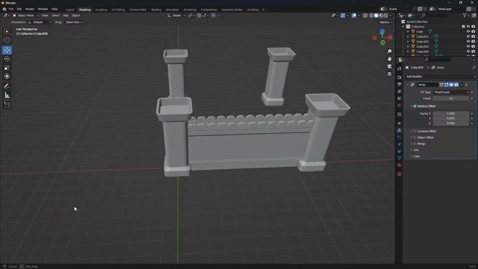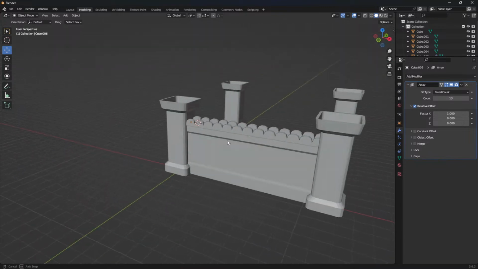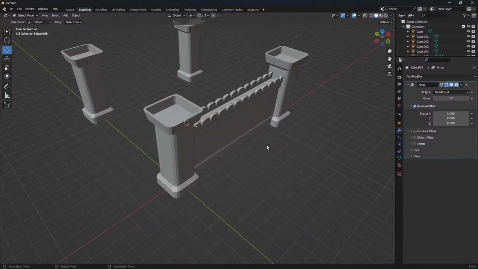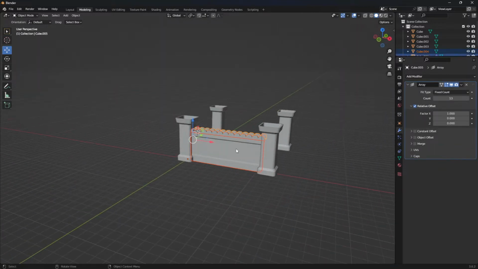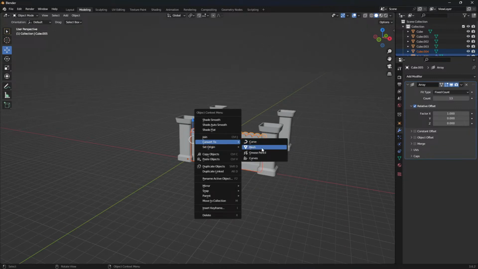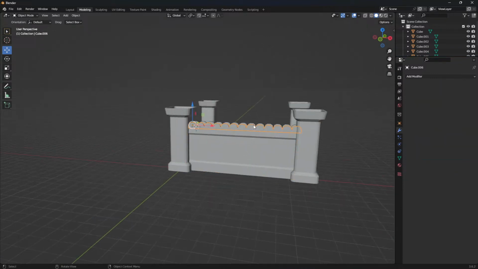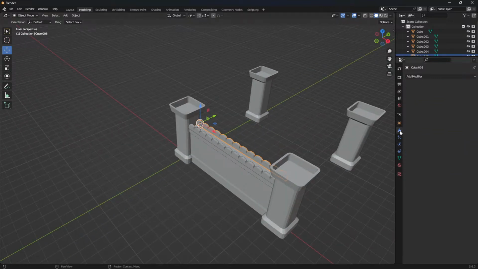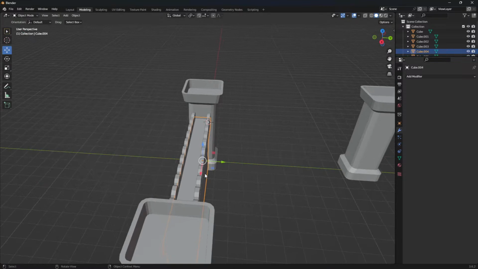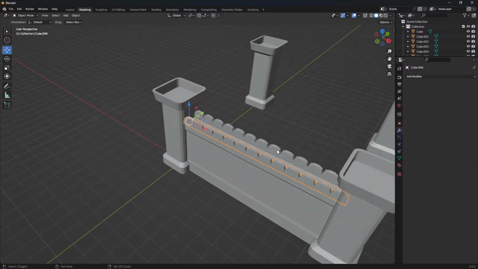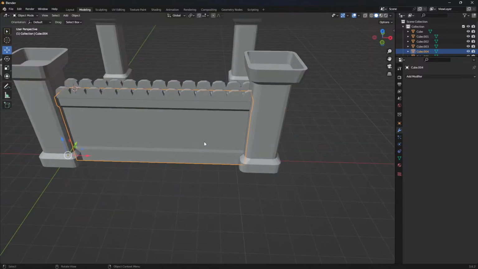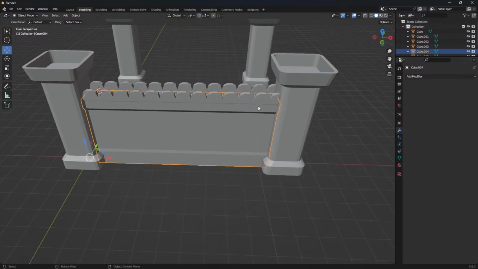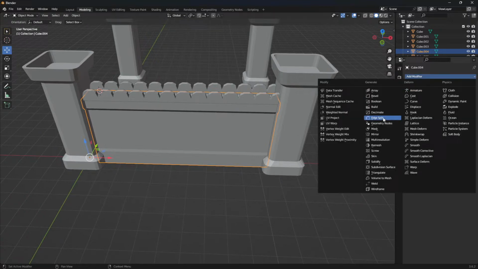Now we have a simple walking path in our platform. Now simply select this and convert to mesh. Converting everything to mesh. So now we have applied every modifier that we previously had. And now we can add another modifier for our object. Select this object, and go to the mirror modifier,